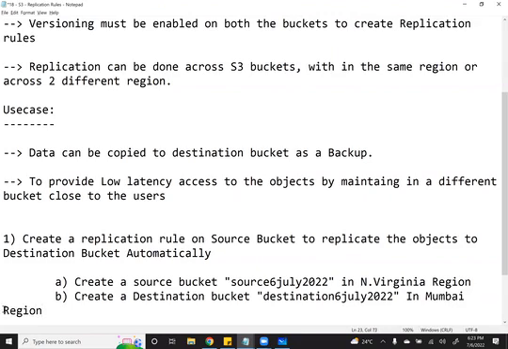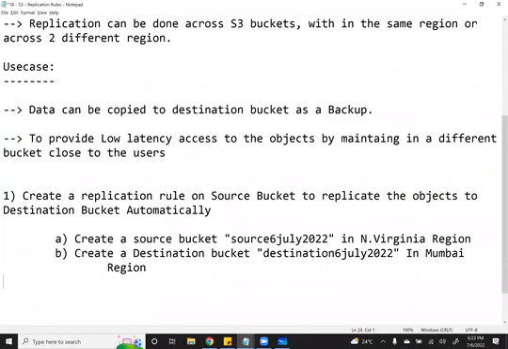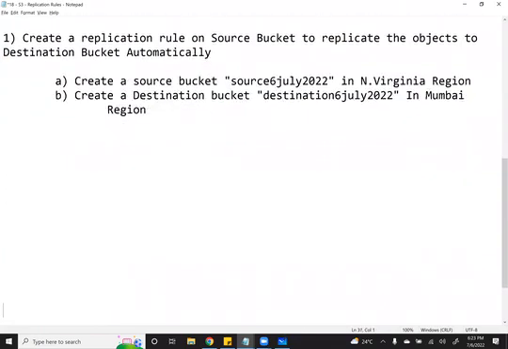And create these buckets without versioning, so that we can confirm that without versioning, you cannot create the replication rules. And then upload 3 objects into the source bucket,